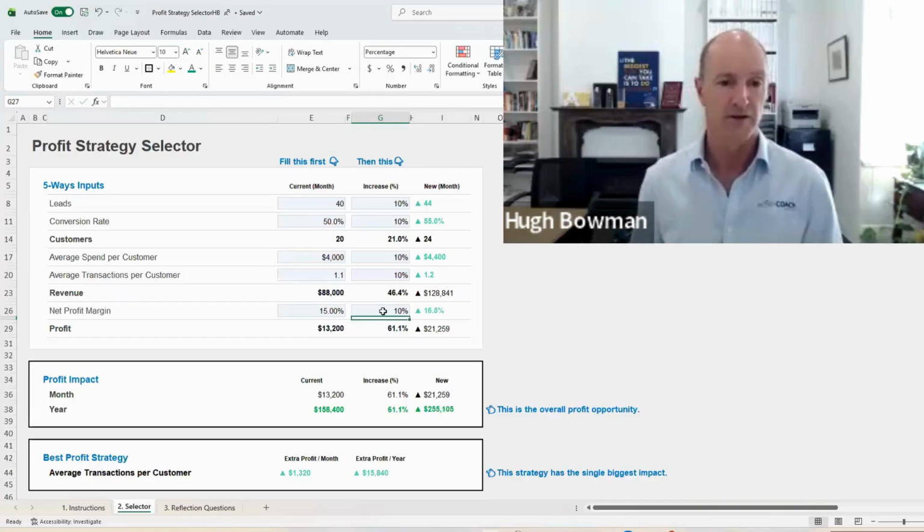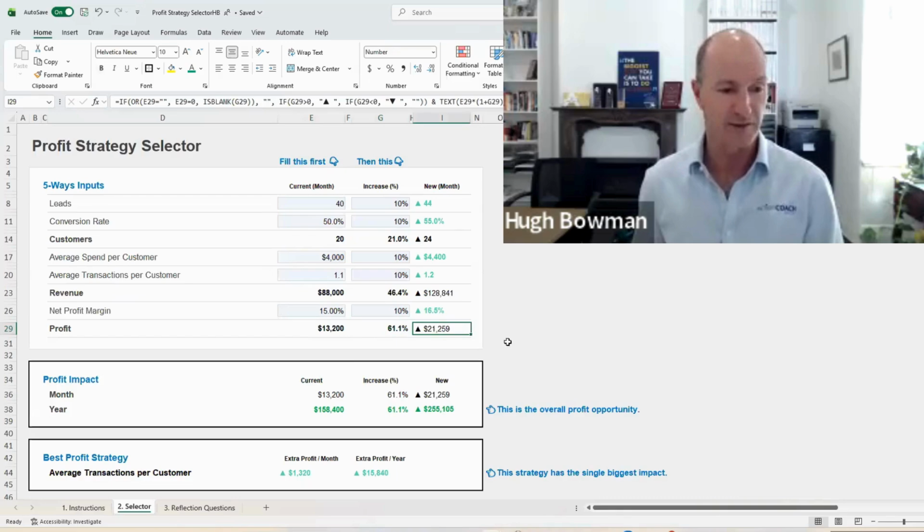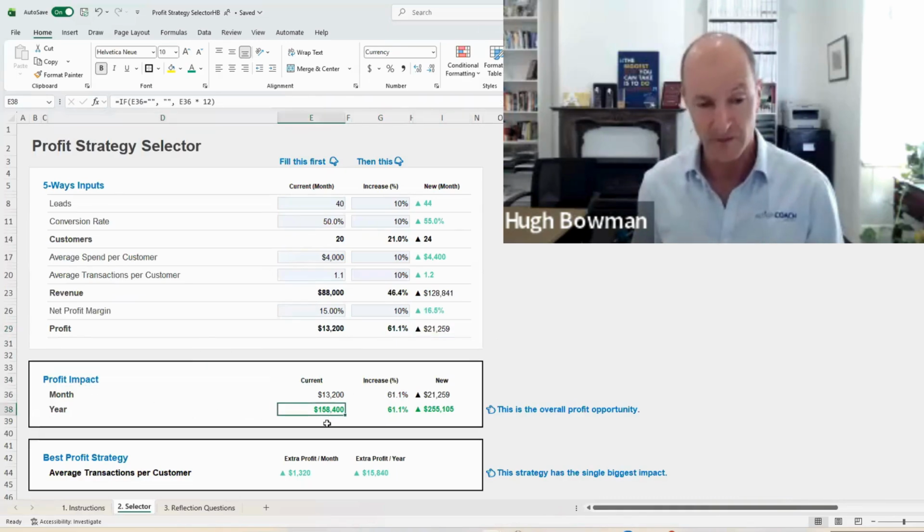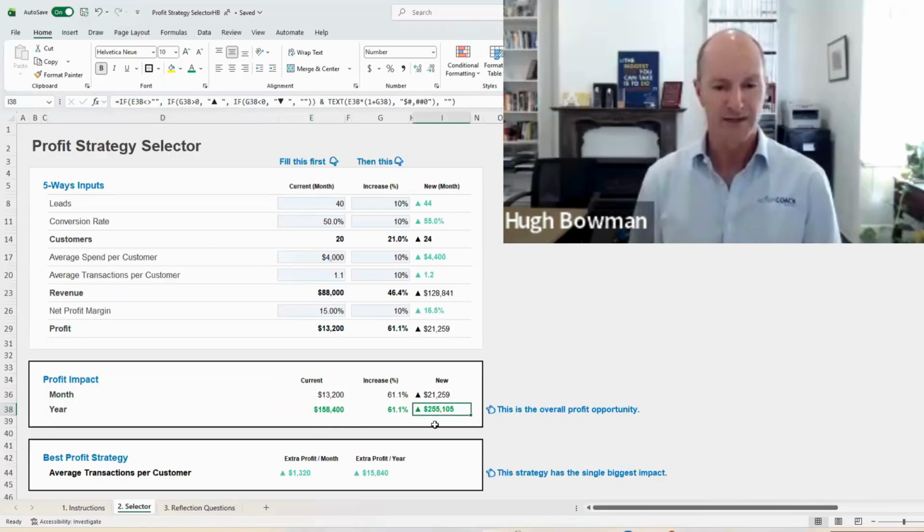In this case, with your business you were doing $13,000 profit a month, and with just small improvements in each of these five levers, we're getting a 61% improvement in profit. So it's going up to $21,000 a month. We look at the profit impact down here. On an annual basis, it was 158, and now it's 255. So the business is a lot more profitable. And what's more, in this case,